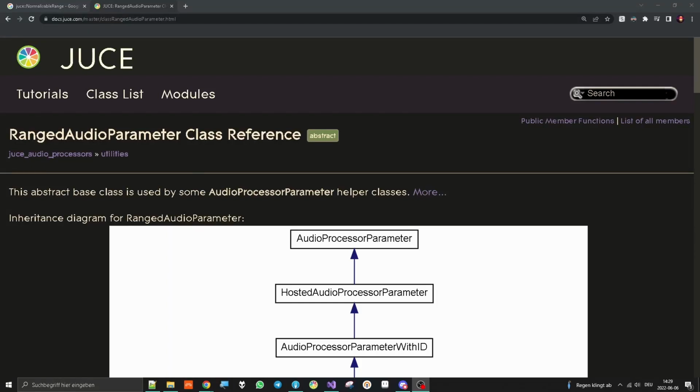Hello and welcome everyone. In this video I want to talk about parameters, more specifically about how to define the range of a parameter when it should not be linear. In the JUCE framework you often use the object audio processor value tree state in order to create your parameter